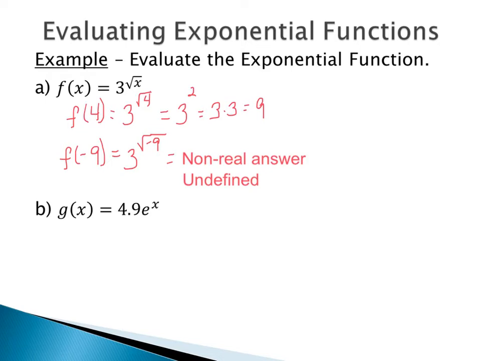If you're working through this in your calculator, if we do f of 4 in our calculator, 3 to the square root of 4, we can do this all at once. So you'd first type in the 3, then you would find the caret, which is right above your division sign. So that would be 3 raised to, that'll put the next part into the exponent. Then we need to get the square root. In order to get your square root, you have to actually do second and then x squared, and that will get you the square root. So 3 raised to the square root.